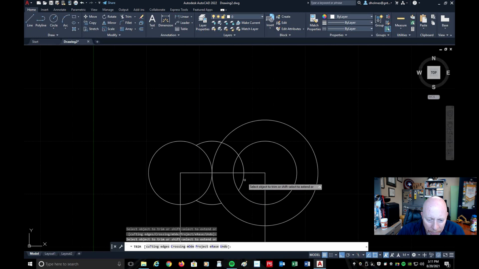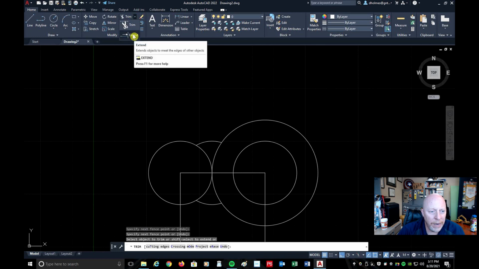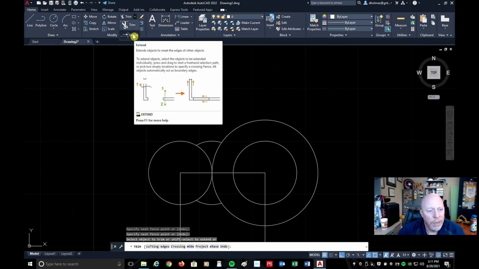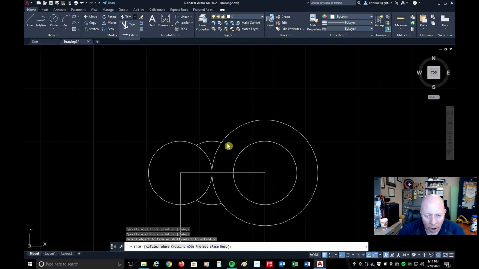I'm going to click, click, click, or if I don't want to click, I can always put a fence, a line, through it. But see where it hit it? It sort of tucked that circle back behind these other two. So the trim command is pretty nice too. And if you click the down arrow next to the trim, there's an extend command. Let's say I want to extend this arc, the part of the circle I trimmed out. I want to extend it to this smaller circle in here. So I can come up here and click